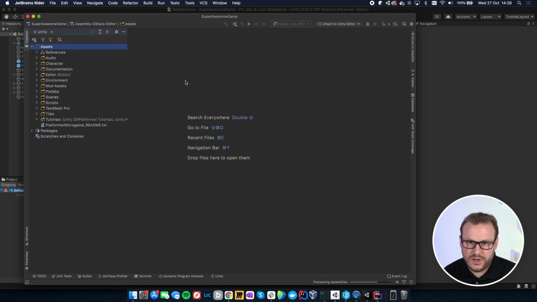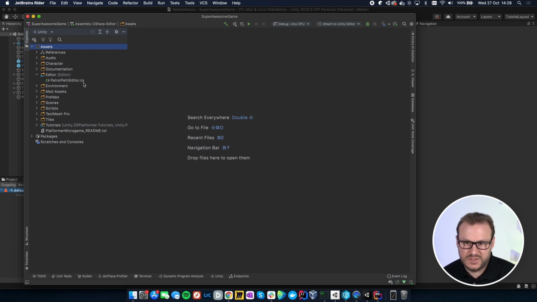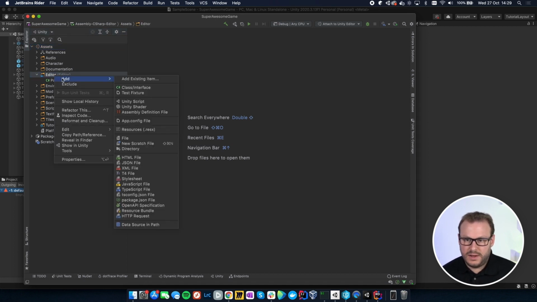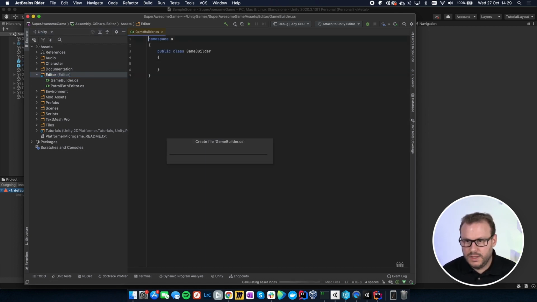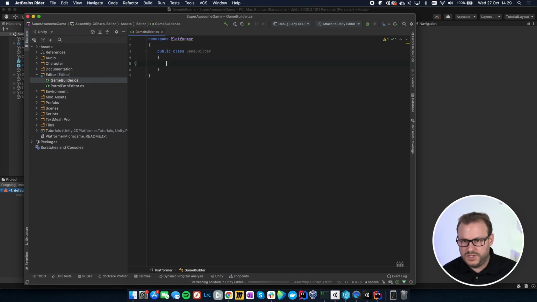Okay, so the project has opened up inside of Rider, and in the folder structure here we can see there is an editor folder which has an existing C# class file already in there. So I can right click on this folder and go to add a new class, and I'm going to call this my game builder class, and it will go ahead and create that new C# file, and I'm going to actually paste in some code